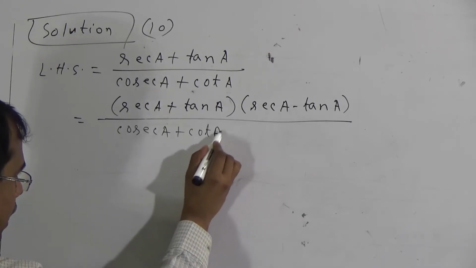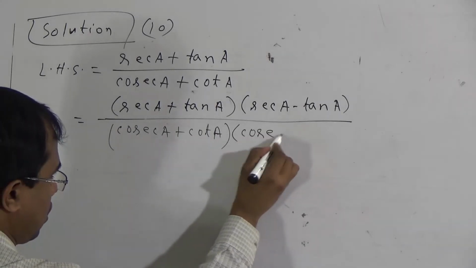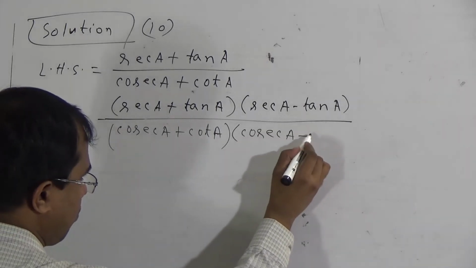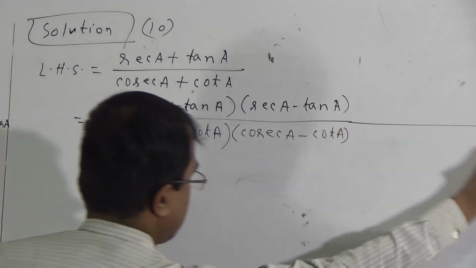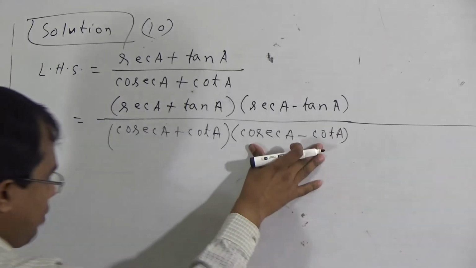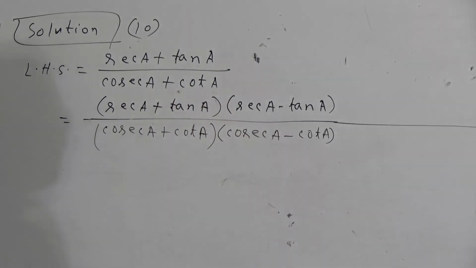We will take another expression cosec A minus cot A. Cosec A minus cot A. Here cosec A minus cot A is not exist here. We will take this expression as extra. So,